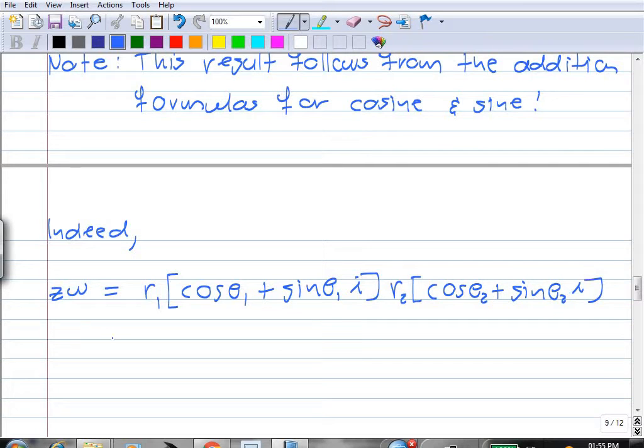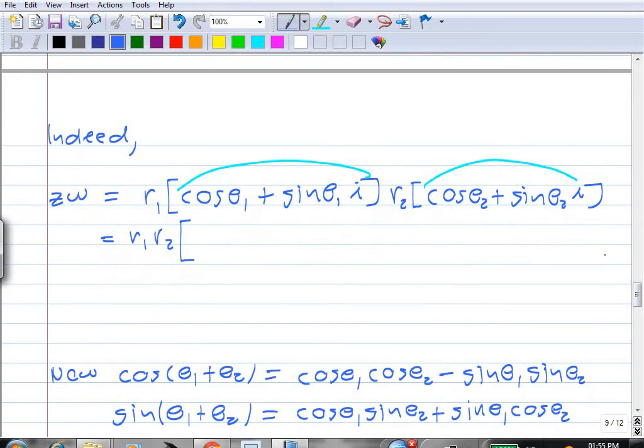And then we take out the r1 r2, and we multiply out the two complex numbers here, (cos theta 1 + i sin theta 1) and (cos theta 2 + i sin theta 2). Now that product, we just apply the definition of multiplication of complex numbers, is going to be